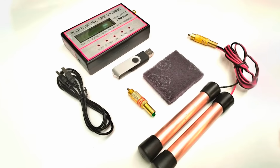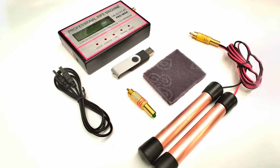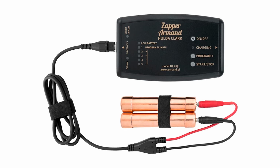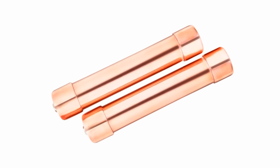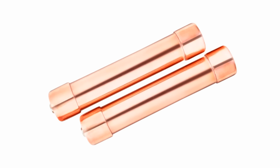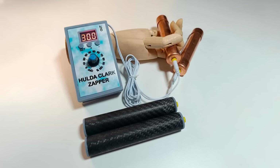The device you found is likely an Intero biocommunication device produced by the Ecian Corporation, which later became Zyto. These devices were popular in the 1980s, especially among individuals interested in New Age practices and alternative medicine. The Intero was designed to measure the body's galvanic skin response, a method that assesses changes in the skin's electrical